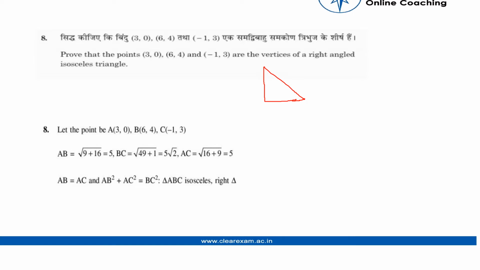and this is point A, this is point B and this is point C. So let's say B and C. We need to find out the distance between this and this side, and then use the Pythagorean theorem to verify that this is a right angle triangle, and we will see if the distance between AB and BC is the same, then this is an isosceles triangle as well. So we can do this by using the formula this